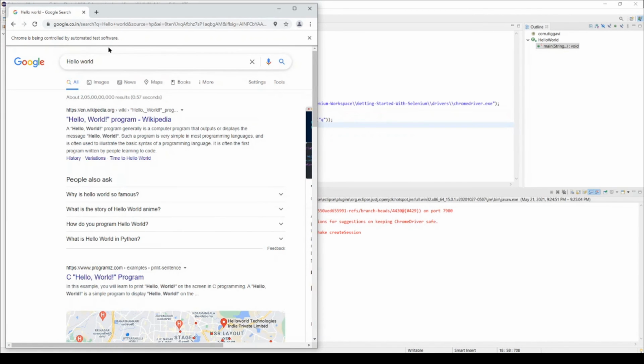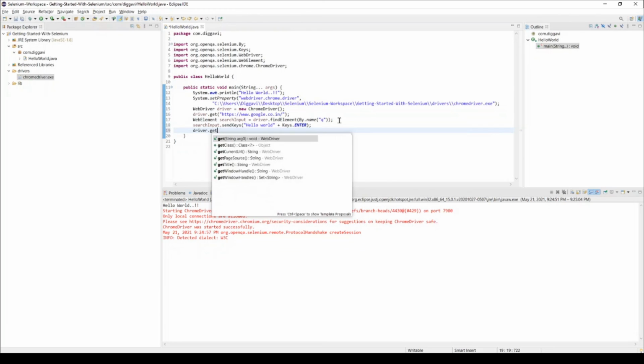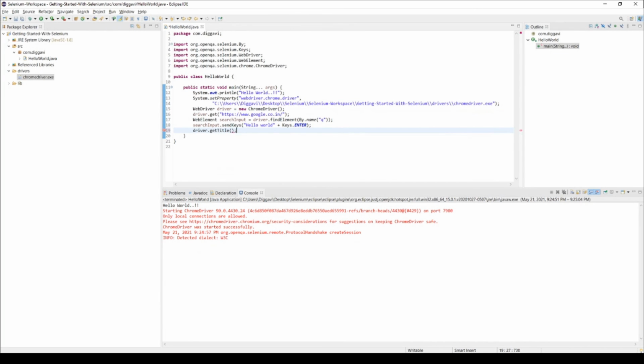So now our next goal is to take this title. So now again driver.getTitle. We will go through all the methods inside WebDriver and WebElement, but as part of this video we will just complete our task, and this will return a string if you see.